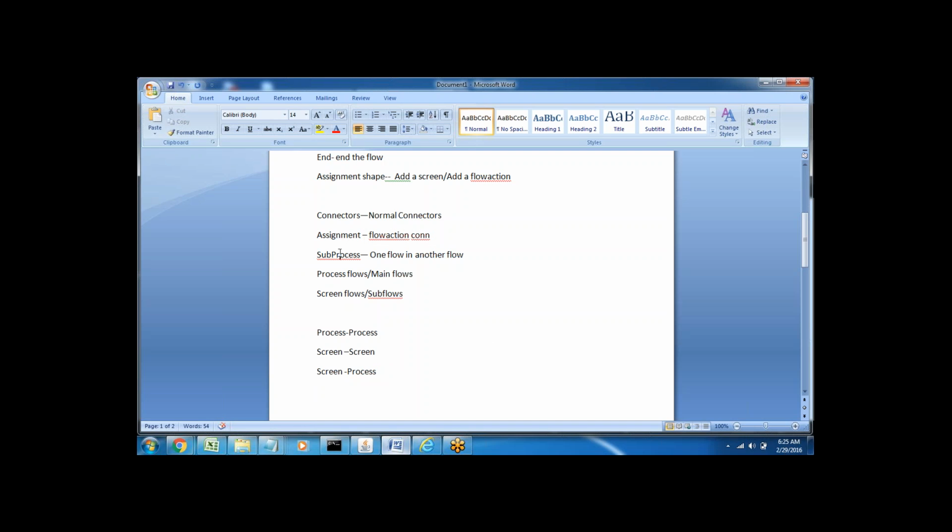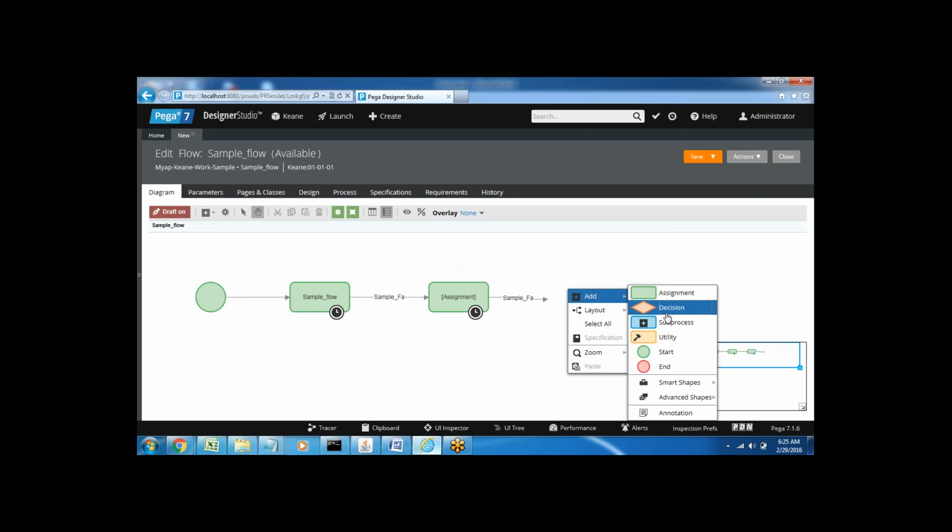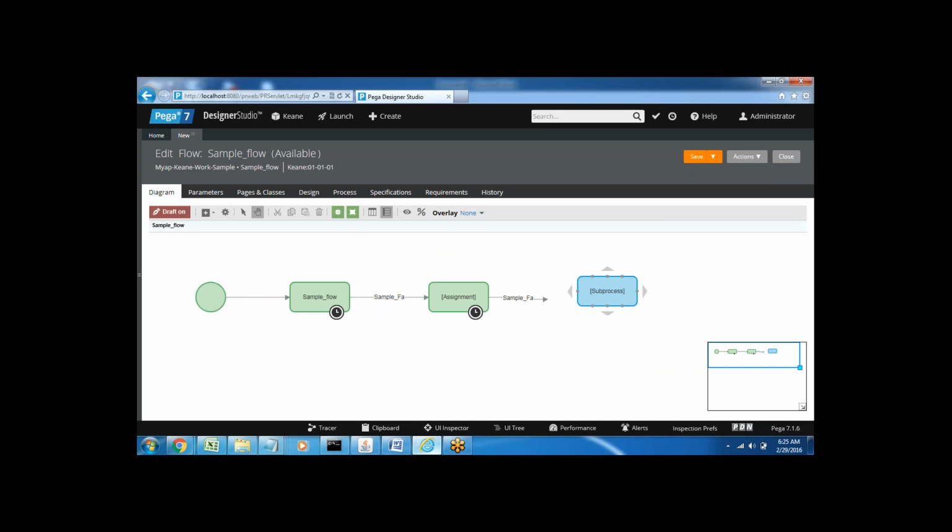Okay, so whenever we have a requirement for calling a subflow in a process flow, then we will use this sub process shape in the application, meaning in the flow diagram. So I'll open the shape and I'll show it. So this is sub process, and in this sub process directly from the shape itself,